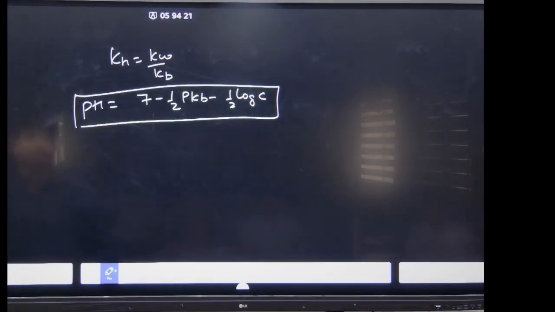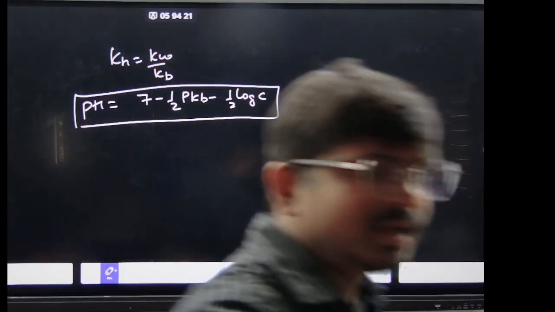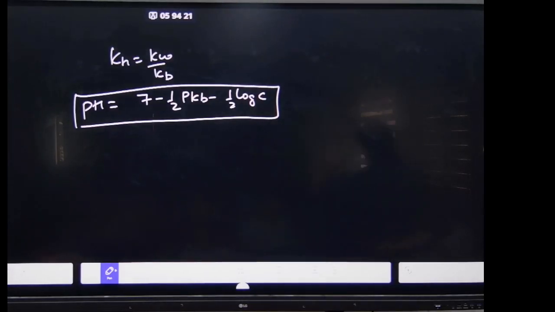So if the pKb data is given and the concentration of the salt is given, you can easily find out the value of the